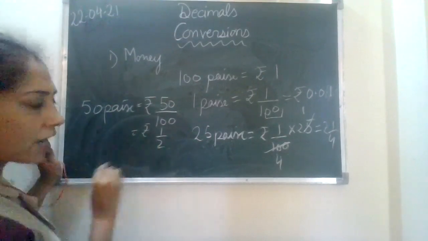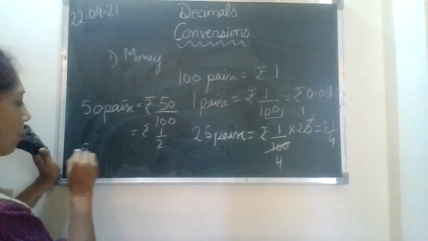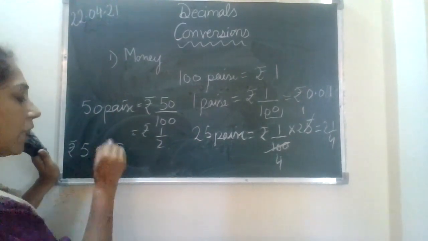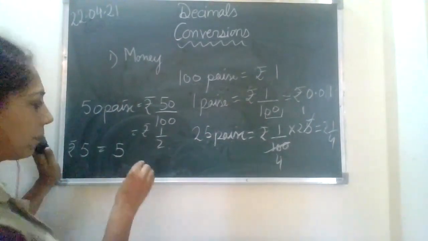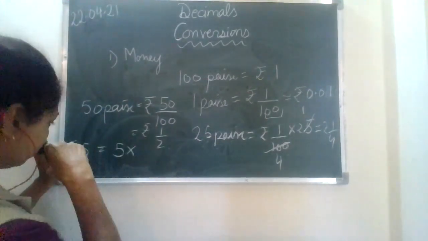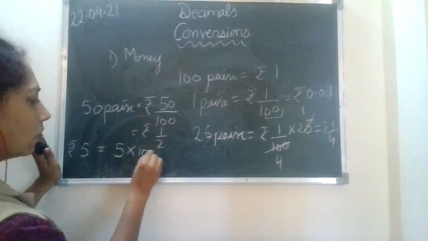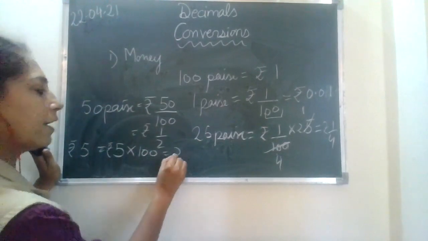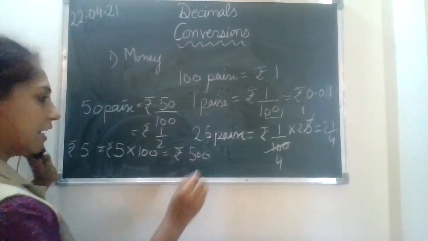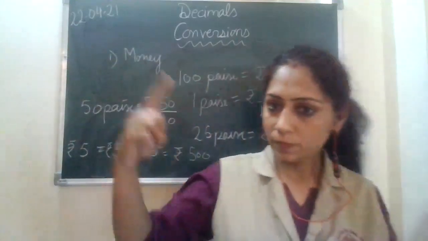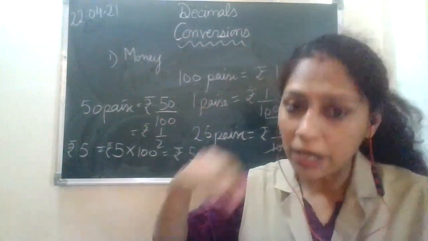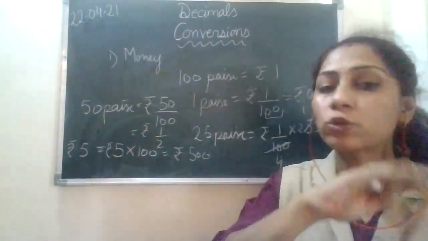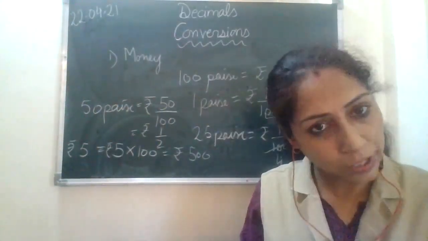Fine. If I ask you 5 rupees को पैसा बनाओ तो आप कहोगे 100 पैसा 1 rupee में होता है, तो 5 rupees में कितना होगा, 500 पैसा. कैसे? You will do multiplication. Okay. So have a clear concept. जब छोटी unit से बड़ी unit में जाओगे तो divide करोगे, बड़ी unit से छोटे में आओगे तो you will do multiplication. Okay.